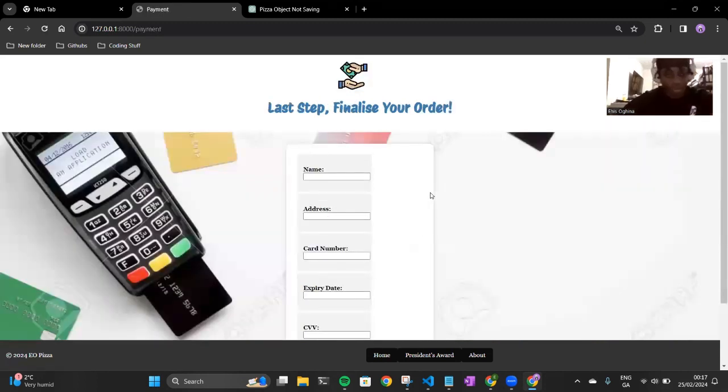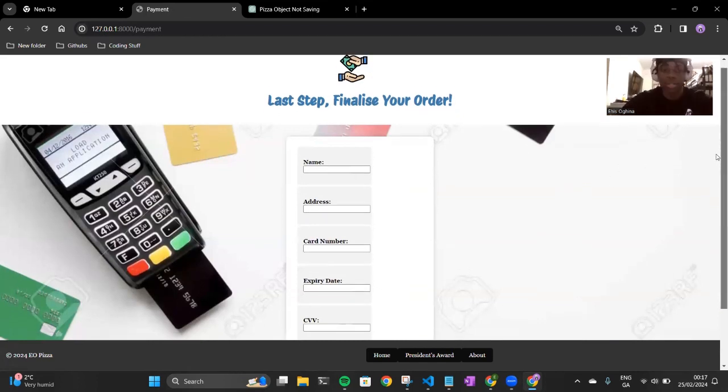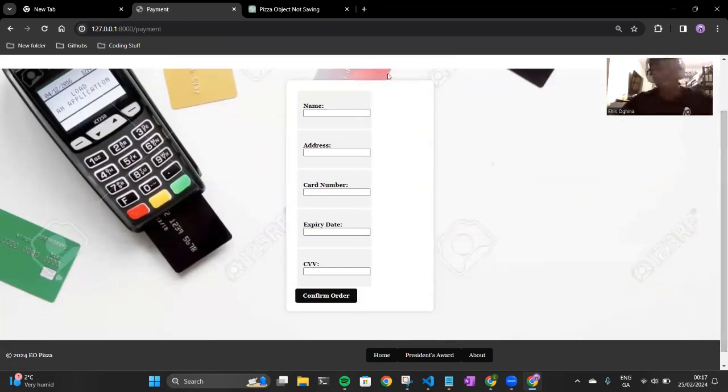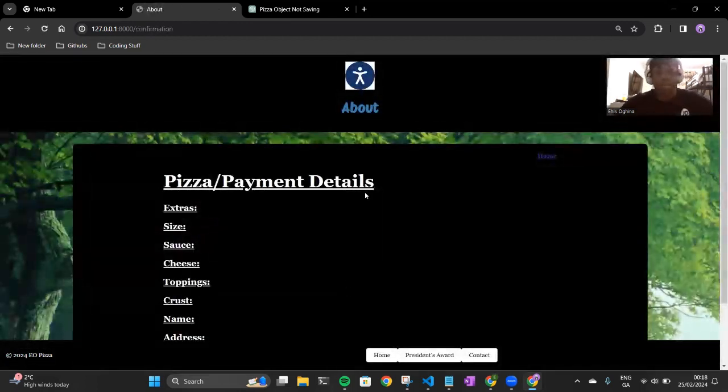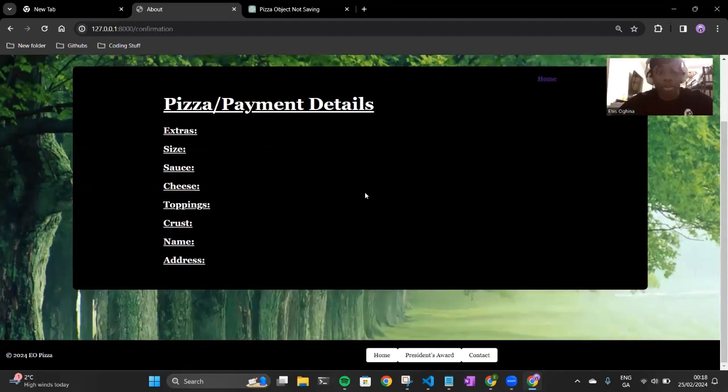We order, the form's been validated, it's gone through nicely. So then we come into our payment page. We just make up a random person. We say John, he lives at 12 Street. So it's a plain old card number, and his card's been expired for over 13 years. So we validate the form, and again, we come